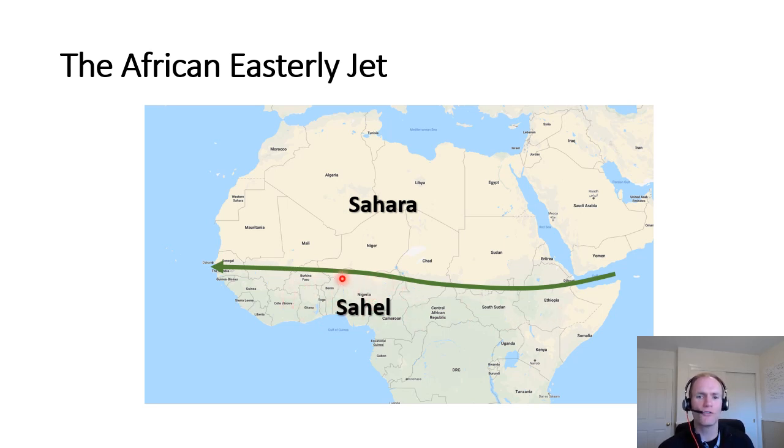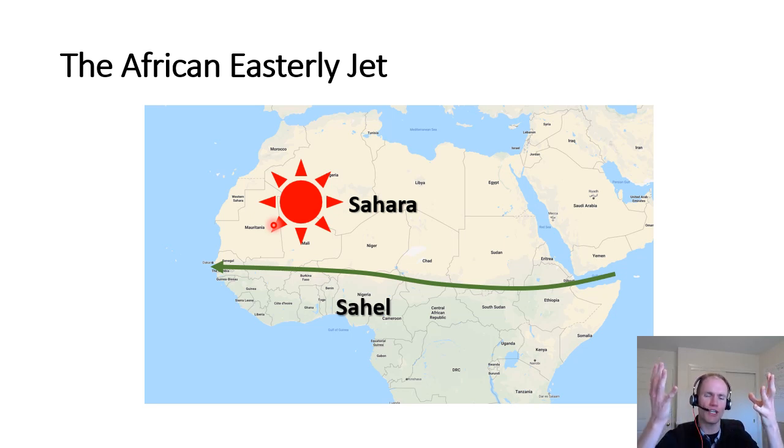The African easterly jet results from differences in heating between the Sahara, where we see very strong sensible heating given by the sun. You have very strong sunlight over a very long period of time during the summer daytime hours. The sand underneath is a very effective absorber and transmitter of heat energy. It takes in a lot of that solar radiation that comes in from the sun, and it transmits it very